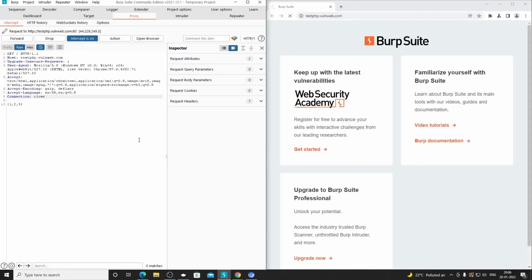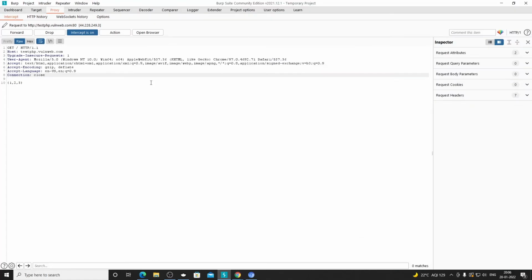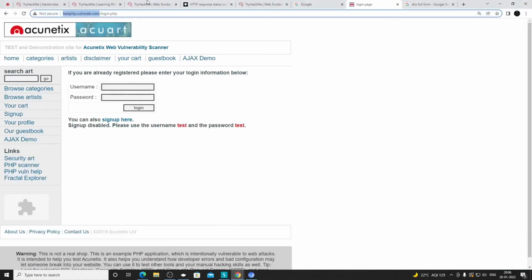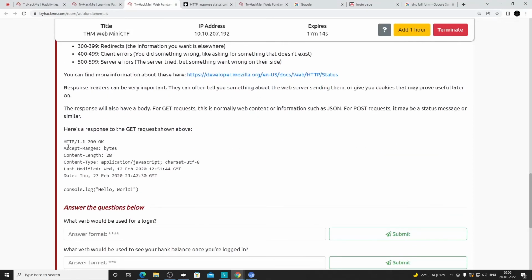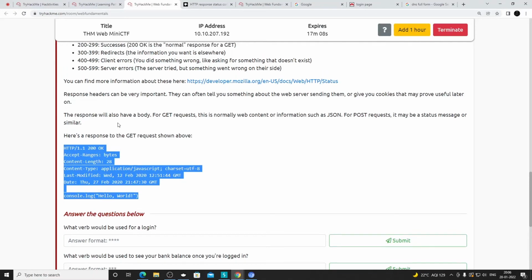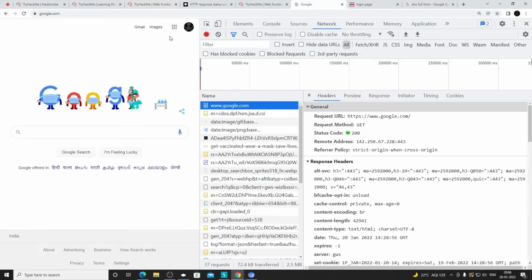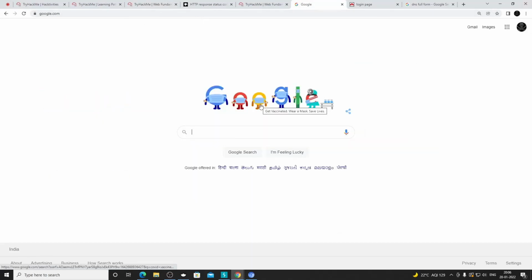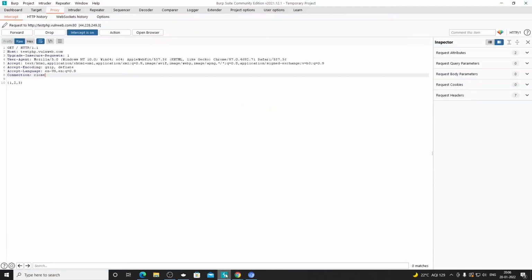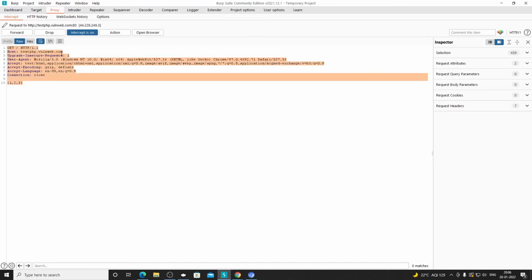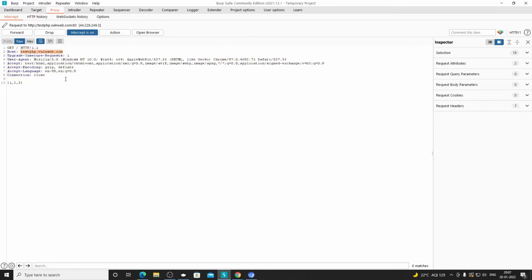Okay, so that's what I was saying, this is what actually goes on in the backend. Now I will show you what the response looks like. Here it was telling us that the response looks something like this. But in real life, people who are not aware of these backend things do not see this. They just open google.com, they get the google.com page, and that's all. But in the backend, when you load google.com, it is sending a GET request to google.com.